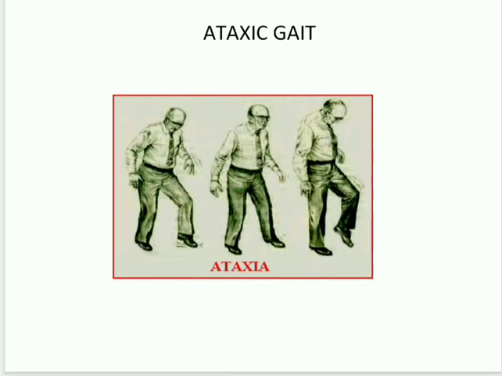Due to lack of kinesthetic sensation or joint position sense, this gait pattern looks like he is going to place his foot in the air, or he is going to put his leg in some space. That is your space gait or ataxic gait, where he is placing his leg in space. This tells about your ataxic gait.